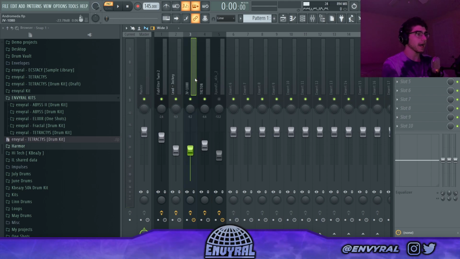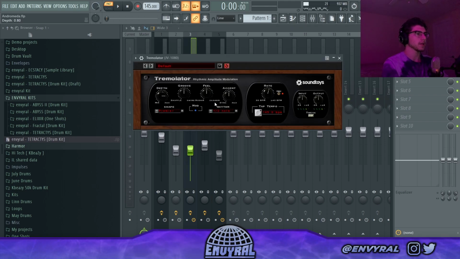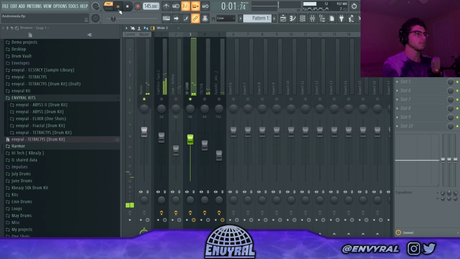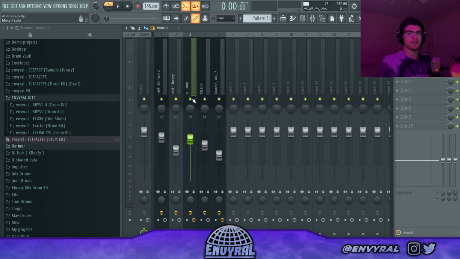Alright, so then for the pad, it's really important to also have it kind of sidechain. I'm gonna just put a tremolator on it on a half note setting, so it sounds like this. See how it feels like it's like a wave? That's really important because then once we put drums on it, it's gonna really lock in with that groove,